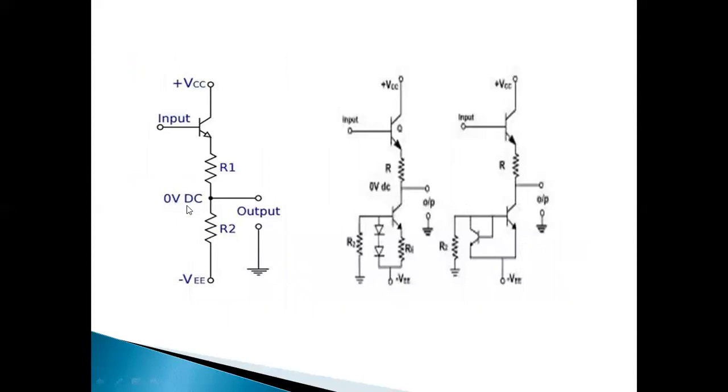So mainly this figure represents a level shifter stage with voltage divider bias. And next here we are applying the input. That means this is the output of the second stage or intermediate stage. So the output of the intermediate stage is applied to the level shifter. This is the input. And next, whenever we are applying the input to the level shifter, it provides the 0 volts DC output. That means it shifts the DC level to 0 volts.